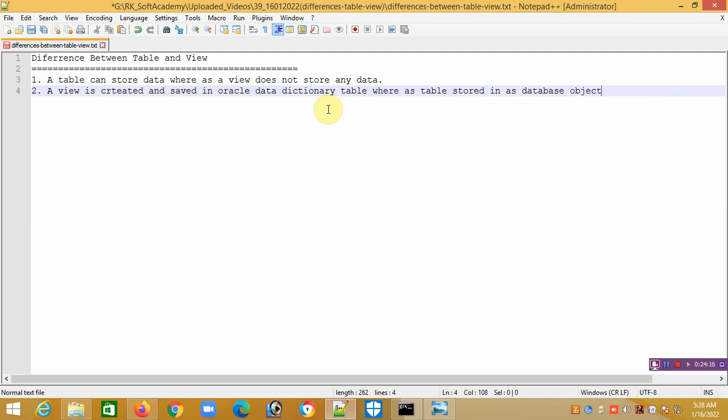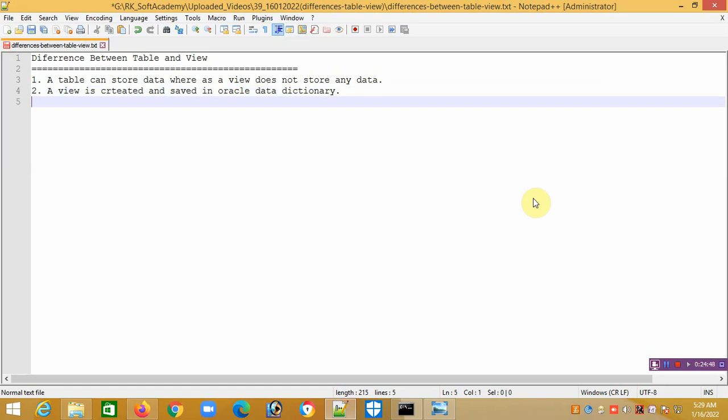A view is also stored as a database object, but the underlying query is stored in the data dictionary table. Okay. But here, only the table is stored in the data dictionary and it contains the data also. So I just omit this one because a database object is also a view, but data cannot be stored in the case of a view. Okay. So next, third point is